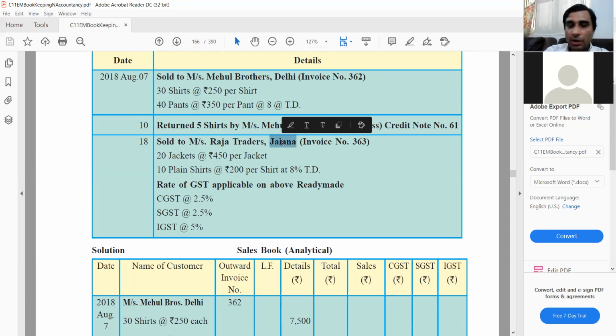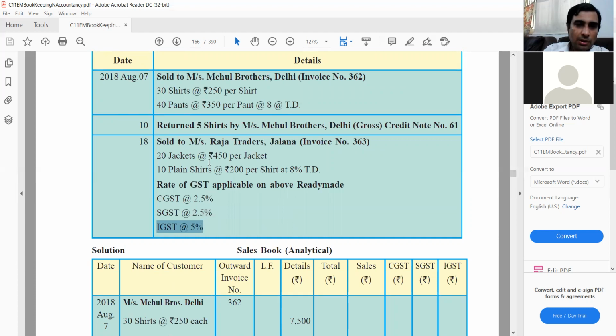Now they are expecting you to also know geography, right? So you need to know maths and you need to know geography. But your test is of accounts, and the subject we are learning is accounts. I don't like this as a question. Whoever has set this question needs to mention same state or not same state. Because if I don't know my geography well and I don't know Jalna is in the state of Maharashtra, I will record everything in IGST, which will make it incorrect.